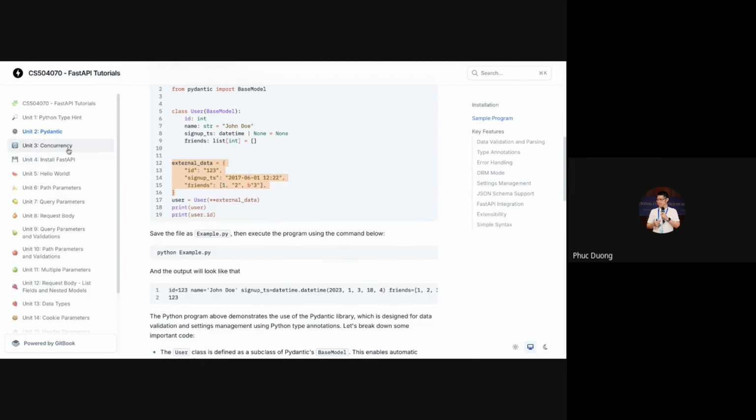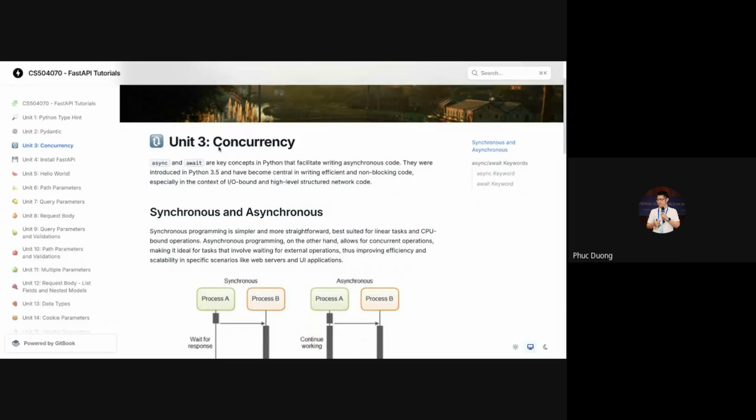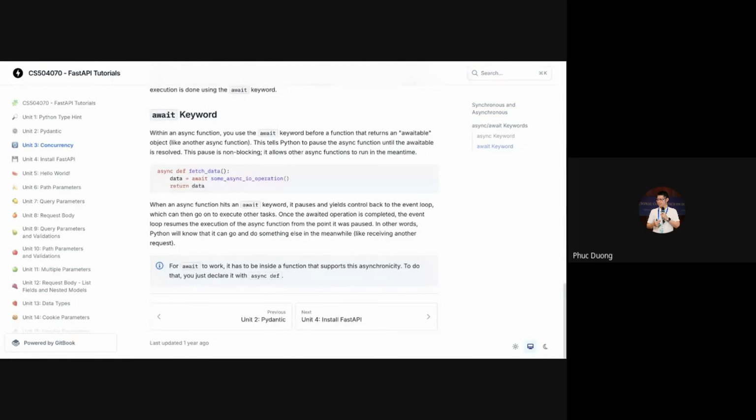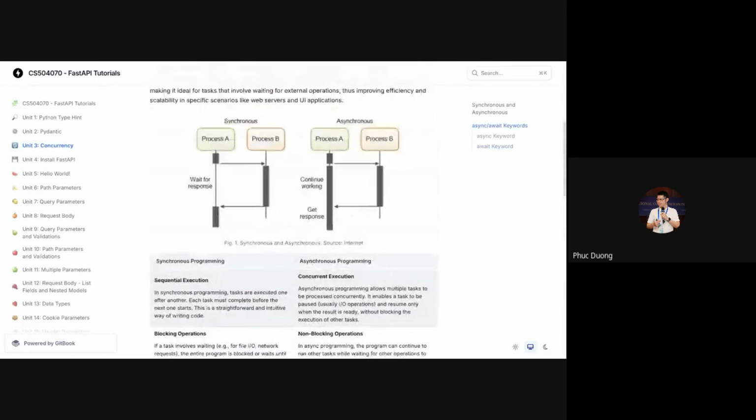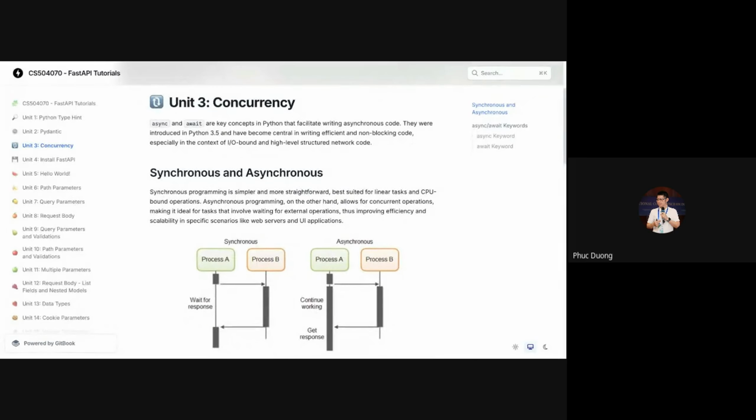Now, for unit number 3, concurrency. In unit number 3, we don't have too much code because I want you to understand the idea of two terminologies, synchronous and asynchronous.